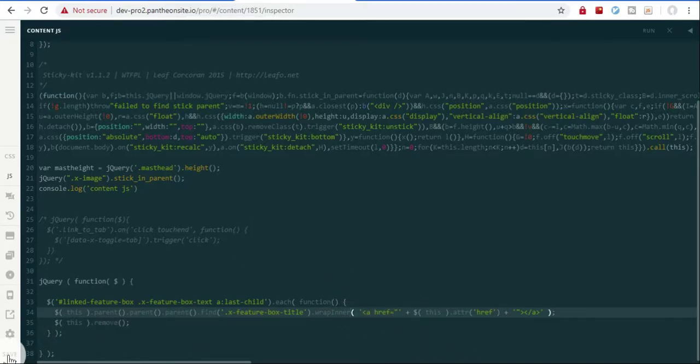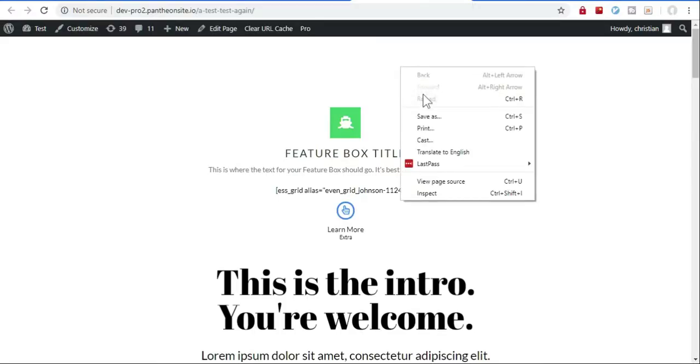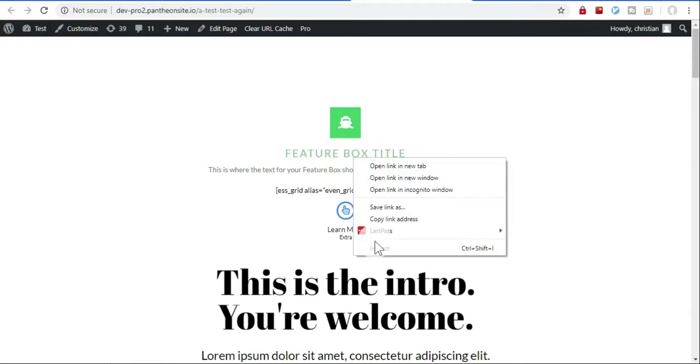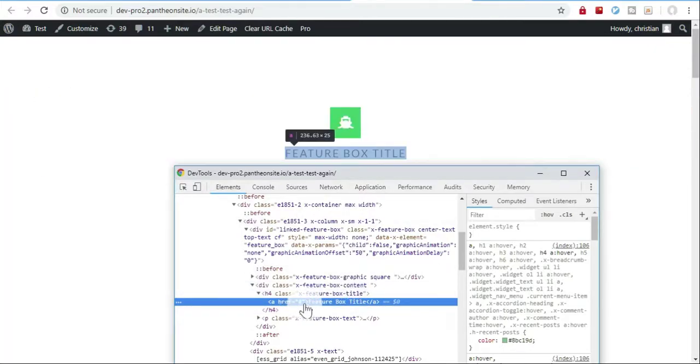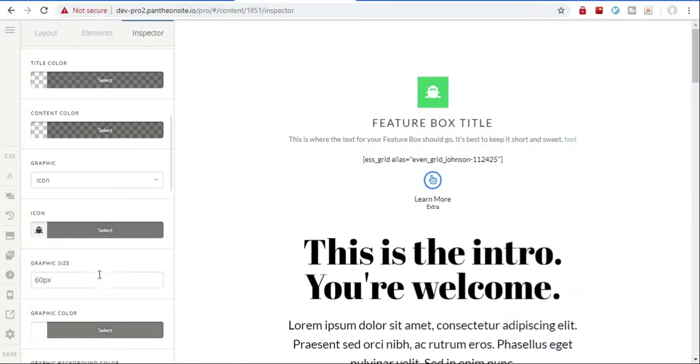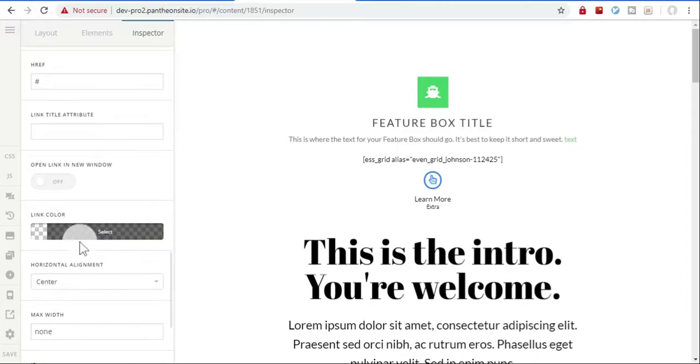So let's save this, and let's reload the front end. As you can see there, there's this loading time. So now the featured box title is a link. So you can see here the hash. Let's change that. Change this to maybe